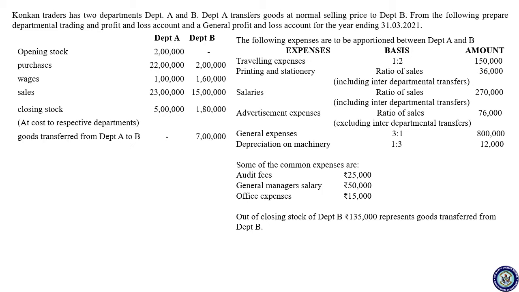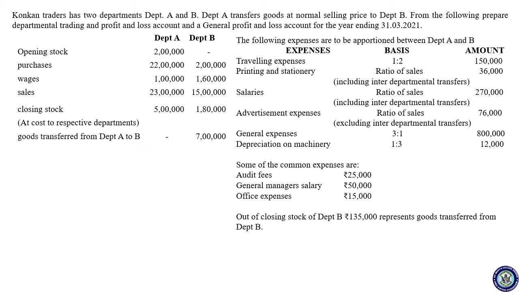Now why do they exclude that interdepartmental transfer? Because the interdepartmental transfer is done between two departments. On that you have not spent anything for advertisement. Department A and B come under one trading unit or one company. When you transfer the goods from one department to another department, you are not doing any advertisement on that, because the other department knows what products are manufactured under department A. So we are excluding the advertisement charges on the interdepartmental transfer, just because we have not given any advertisement on that.